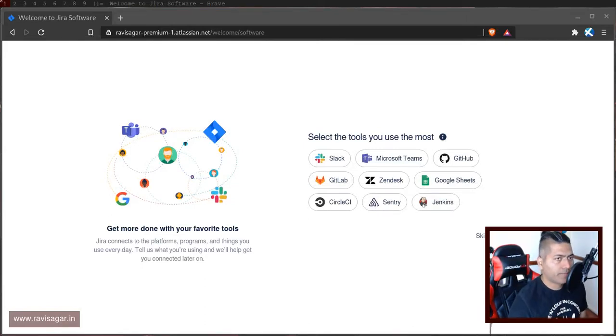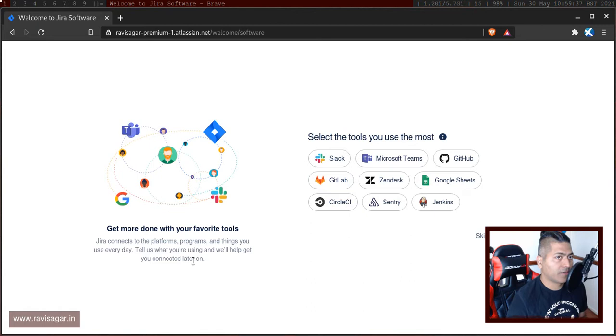So I just signed up and started the evaluation of Jira Cloud Premium, and now I'm going to take a look at what is inside. I think Jira Cloud Premium is not massively different from the normal version, but of course I want to take a look. So in the beginning, you have to perform this initial setup.